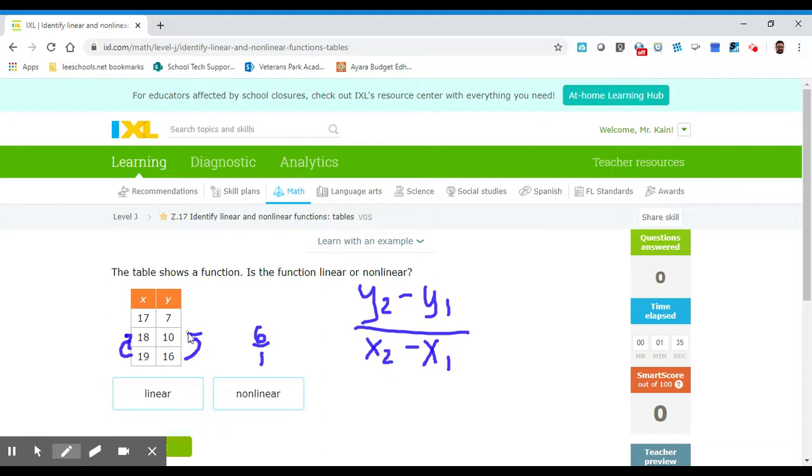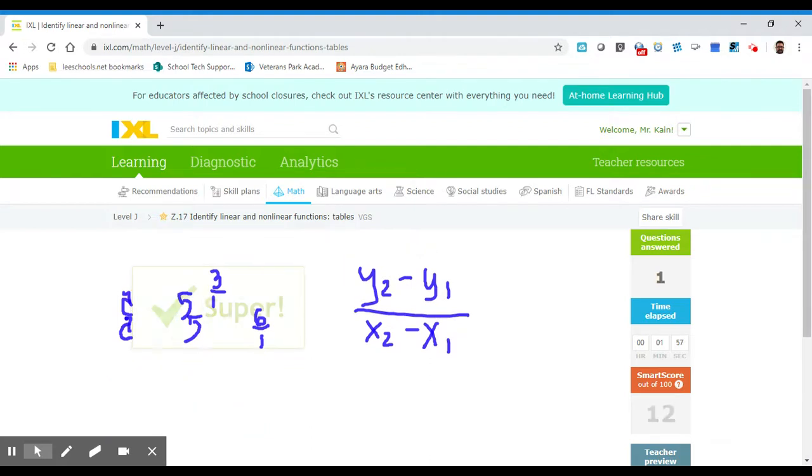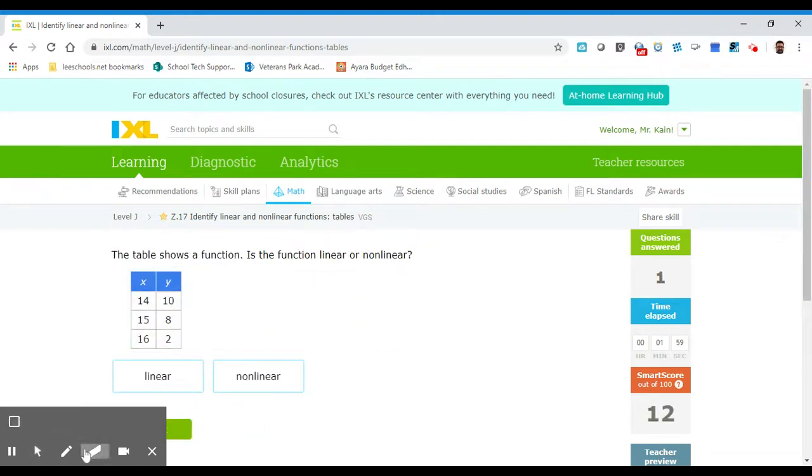But now, let's do it here. Let's do 10 minus 7. That's 3. So right away, and 18 minus 17 is 1. So 6 over 1 and 3 over 1 are not constant. They are not the same when you're running your patterns here. So if you run into that situation, it's definitely nonlinear. Okay, let's do it